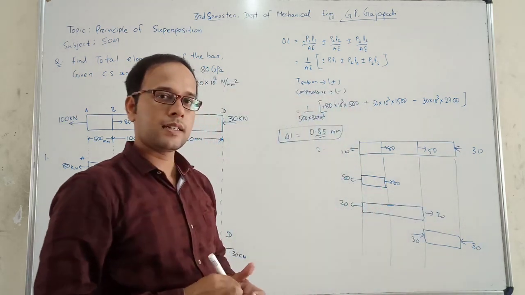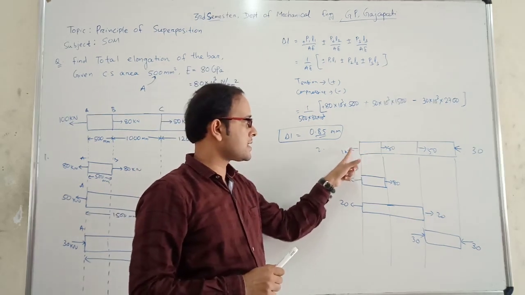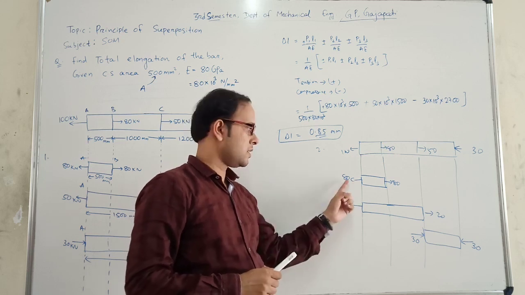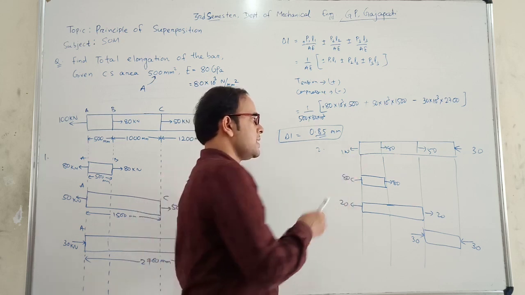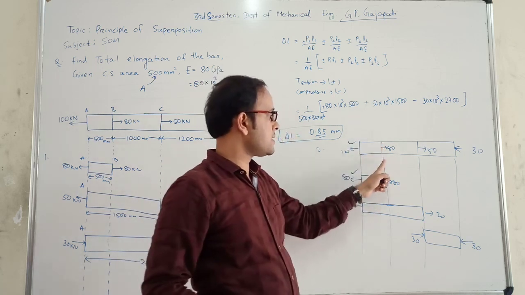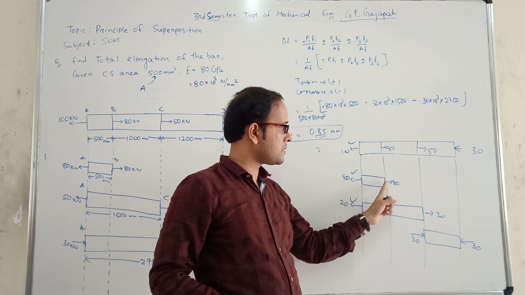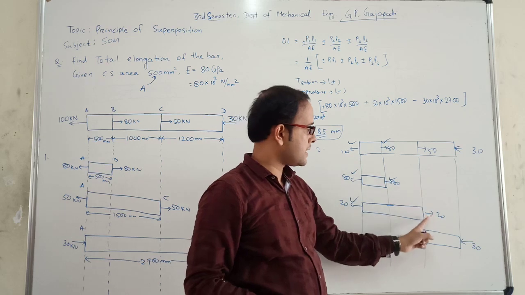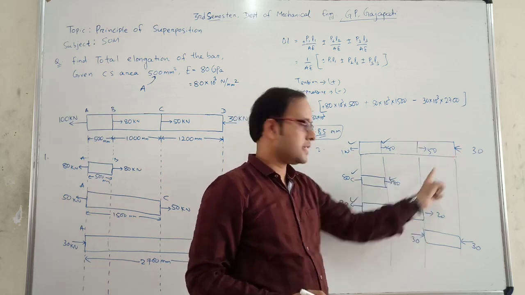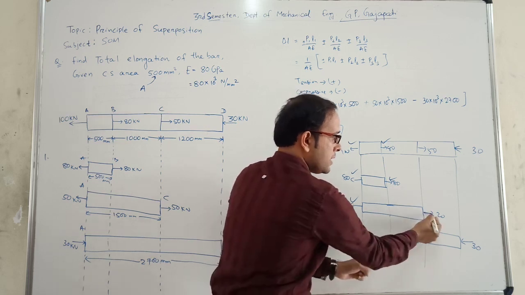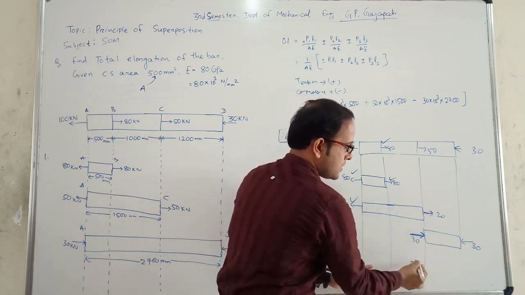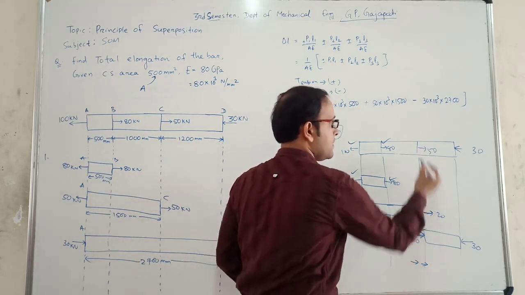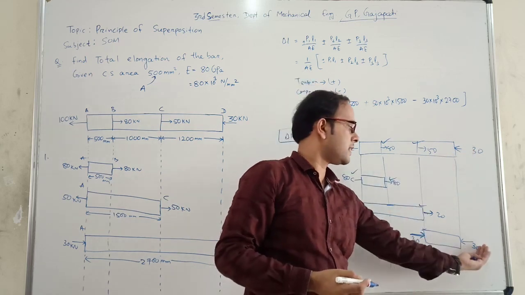Now look at here, second step, we have to compare the forces. So at this section 100. Now this section 80, this section 20, 80 and 20 both are in this direction. So 80 plus 20, 100. So section A satisfied. Now at section B, 80 kilonewton in this direction. So here section B, 80 kilonewton in this direction. So this cross section satisfied. Now C, 50 kilonewton in this direction. So this is the cross section C, 20 kilonewton in this direction, 30 kilonewton also in that direction. 20 plus 30, 50 kilonewton in this direction. So satisfied. Now 30 kilonewton in this direction, 30 kilonewton.